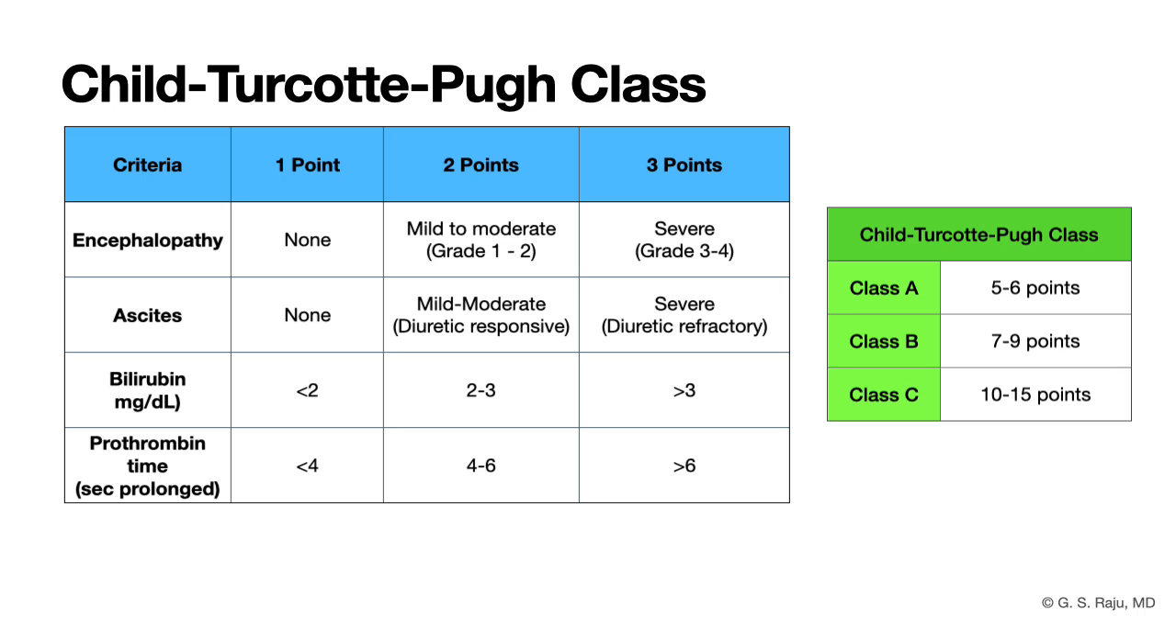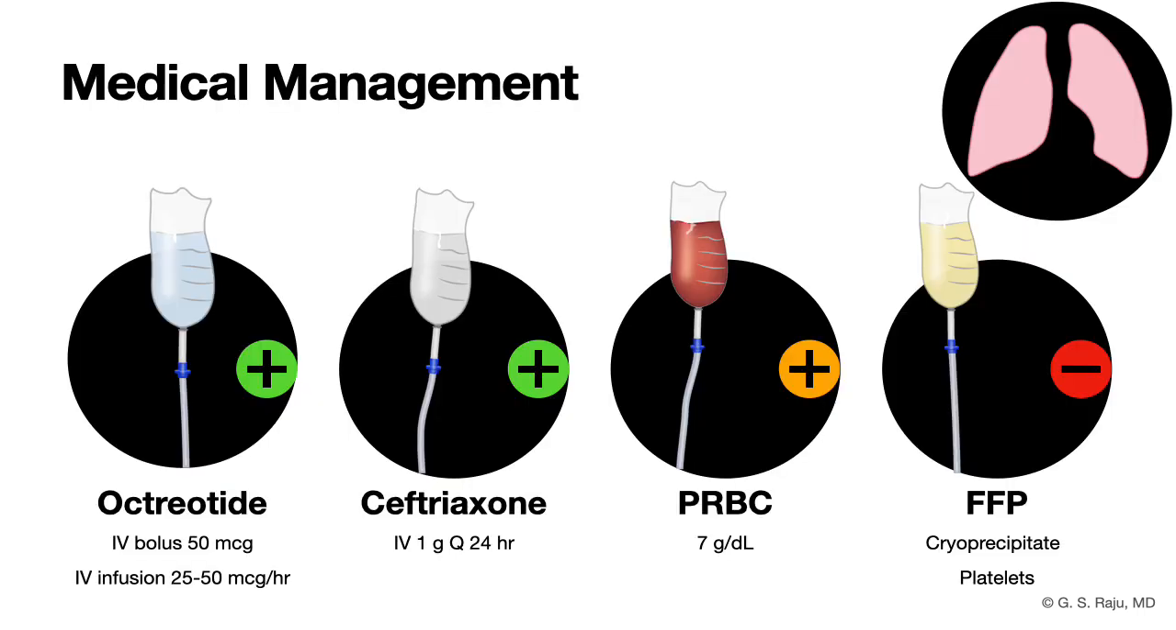So, as soon as you see a patient with suspected variceal bleeding in the setting of cirrhosis, there are a few basic things you want to consider. First, protect the airway, and then start medical therapy: vasoactive therapy with octreotide, antibiotic prophylaxis with ceftriaxone, and transfusion using the